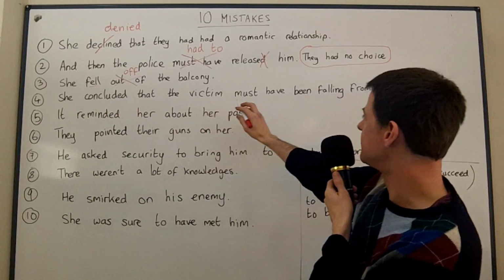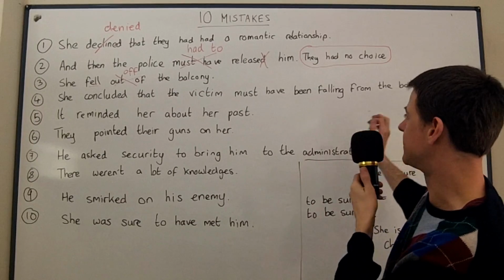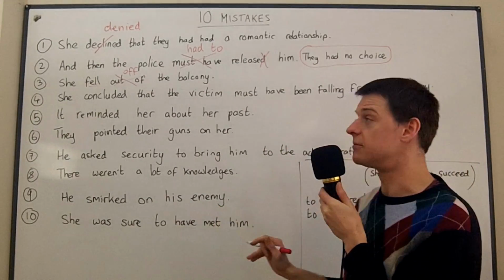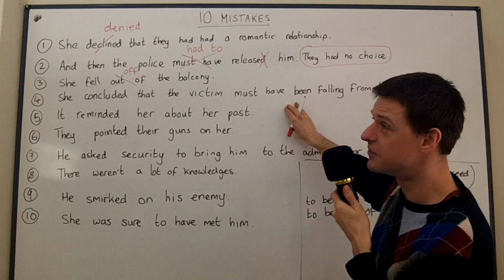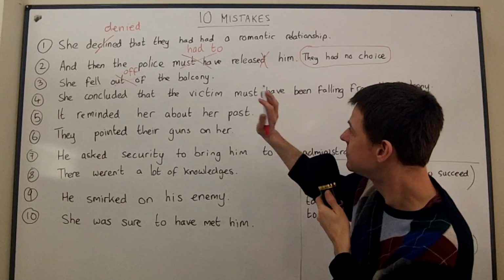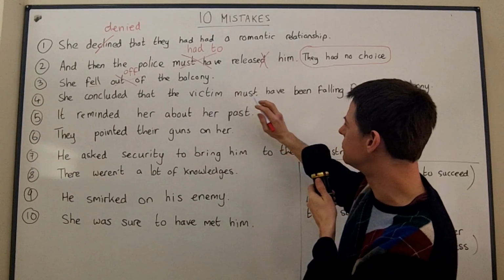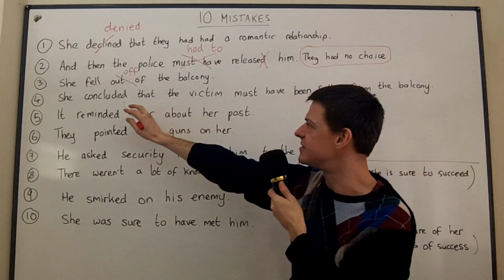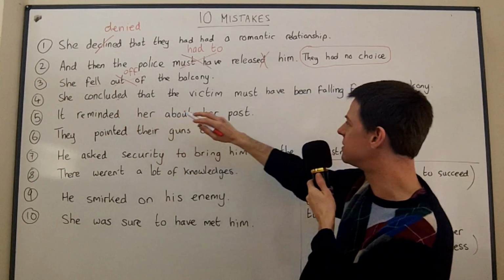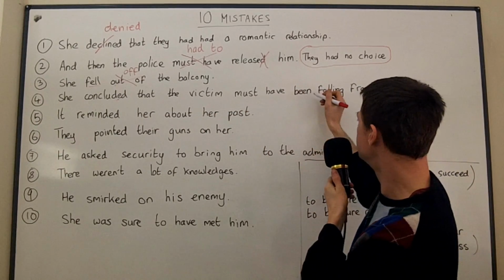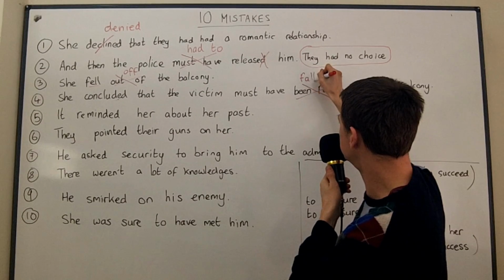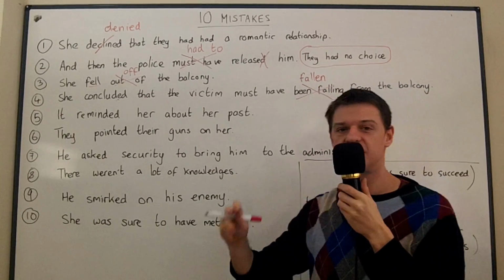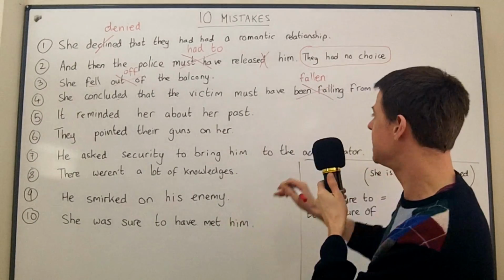Number 4, she concluded that the victim must have been falling from the balcony. Well, this is unfortunate because the student's done very well, but they've tried to use a form which is too complicated. Past modal for a deduction is a good idea, and this is a deduction because she concluded that the victim must have fallen. Now, it's not perfect continuous, it's perfect simple, because the focus is on the result, and